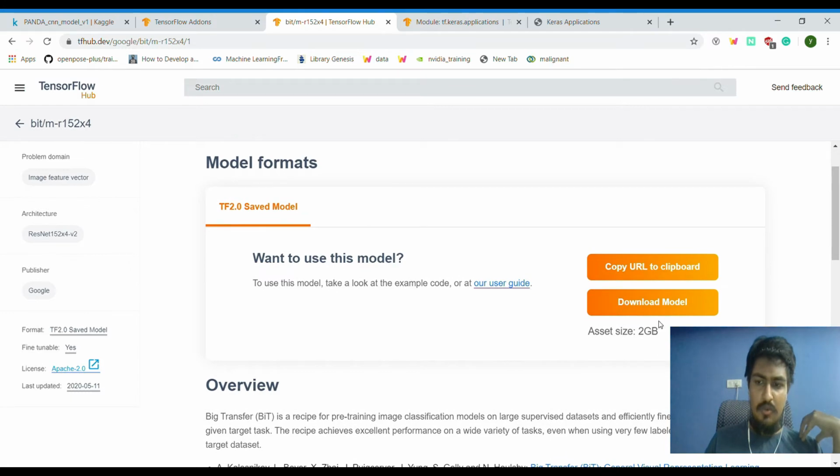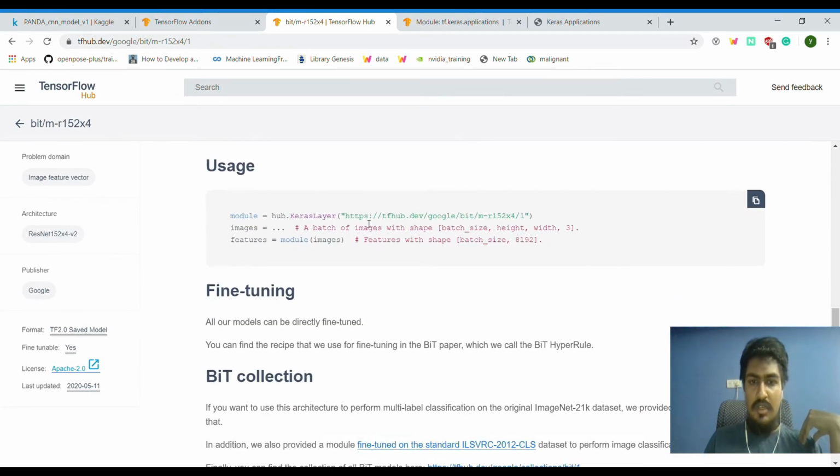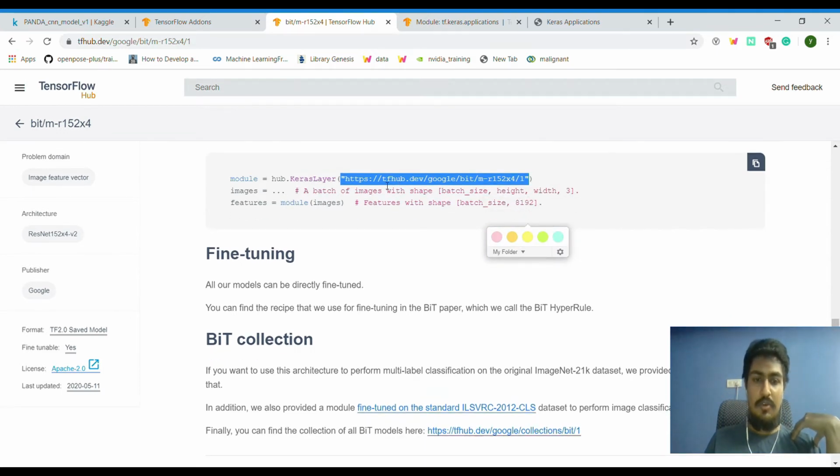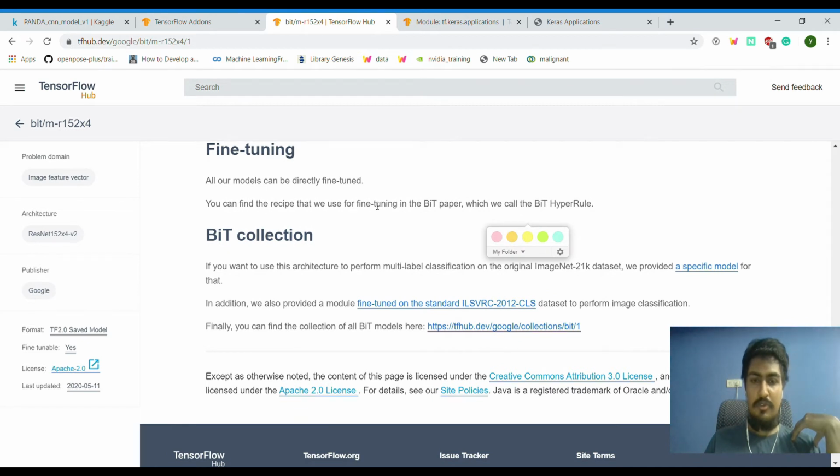You can find how to download the model offline if you want, or you can just use this link and call it, which is the more preferred way if you're using any cloud-based platform. So if you're using Kaggle or Colab or anything, you can follow this. They have given more information about how you can fine tune it. I'm going through this paper, I haven't completely gone through it. They have given some methods on how to efficiently fine tune based on this BiT architecture. You can find more information about the paper, where it is published and so on.